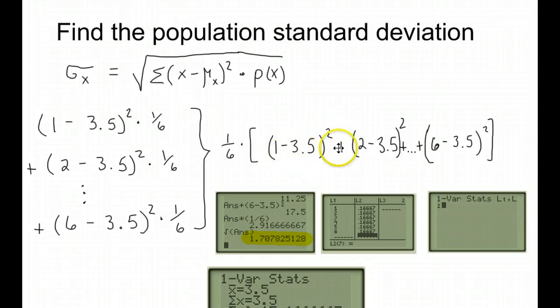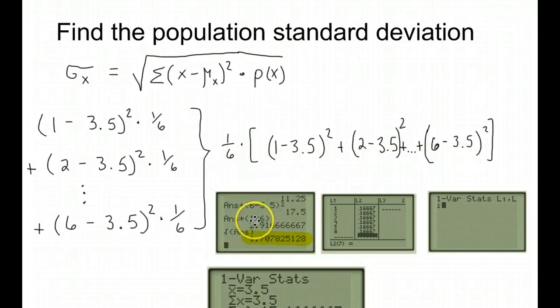1 minus 3.5 squared, plus 2 minus 3.5 squared, all the way up to 6 minus 3.5 squared. I did that in my calculator. See this ANS answer? That means I'd been adding these pieces all the way up until I got to the 6 minus 3.5 squared. So this is what I got in the brackets,